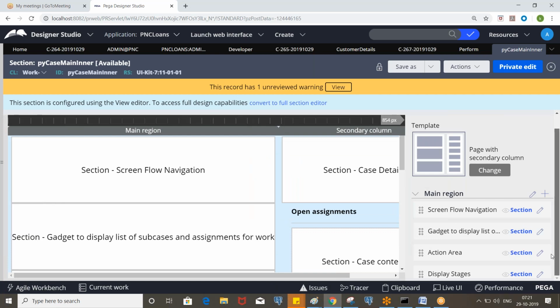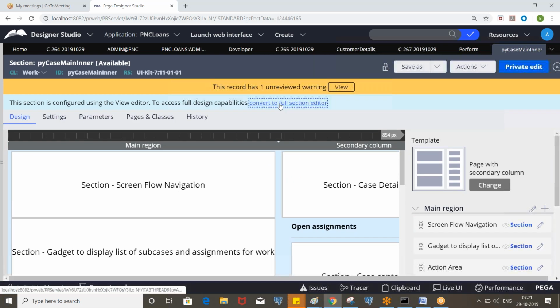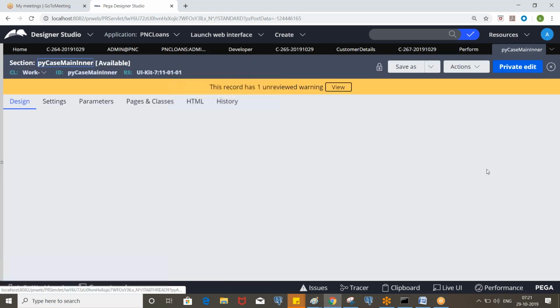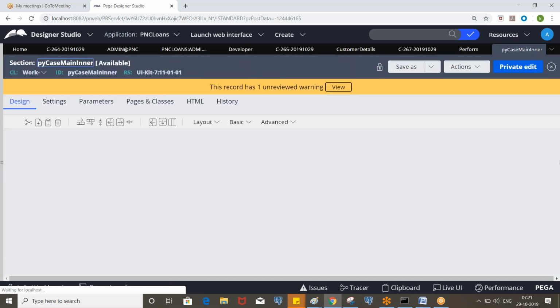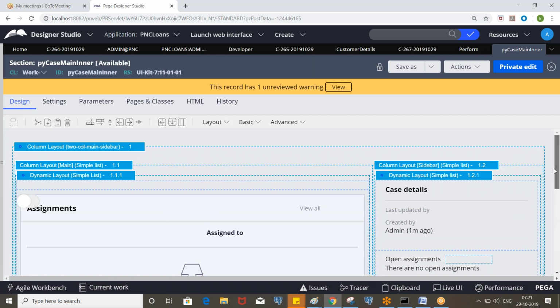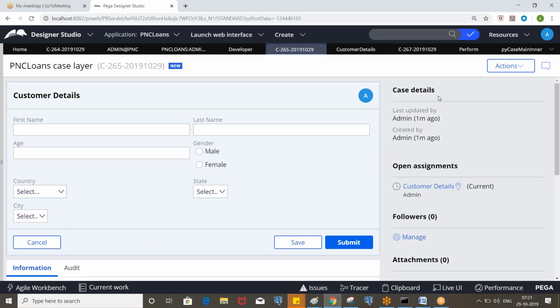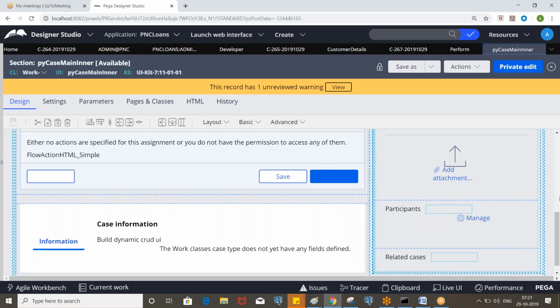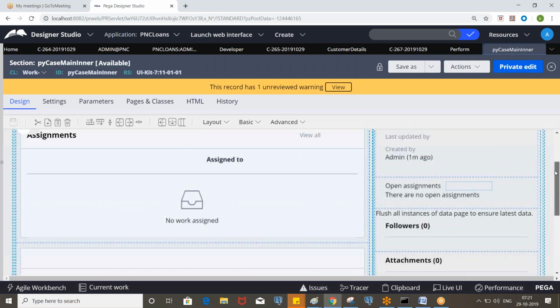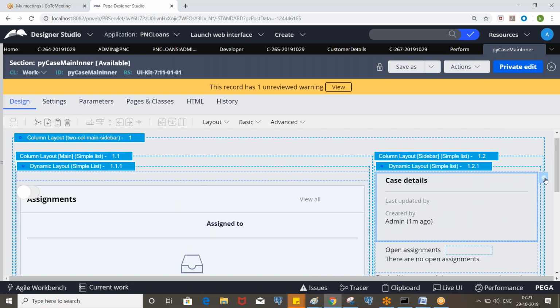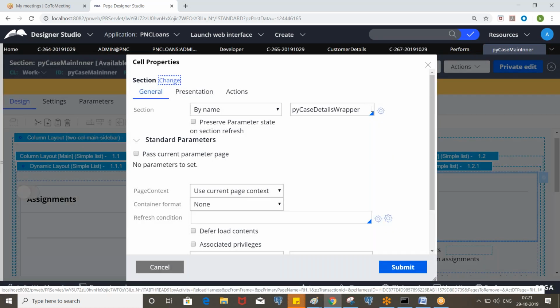Okay. Right. So now we have some case details, and you see the attachment related part here. The case details is the section which contains the case information, last updated by, created by, some of the details. If the customer says that I don't want those details, then you need to identify what section is being invoked, and you can remove it.